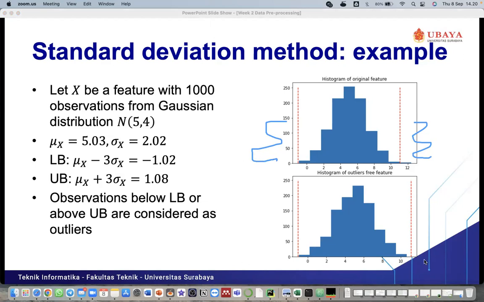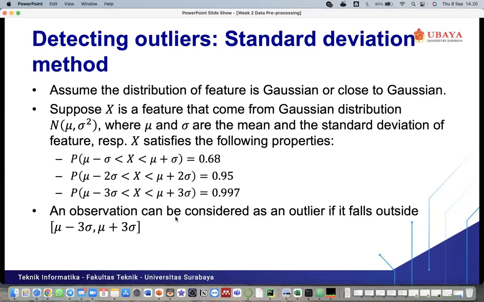Okay, so let's move on to the previous slide. Suppose X is a feature that comes from a Gaussian distribution which has the mean value and variance. Sigma square is the variance.